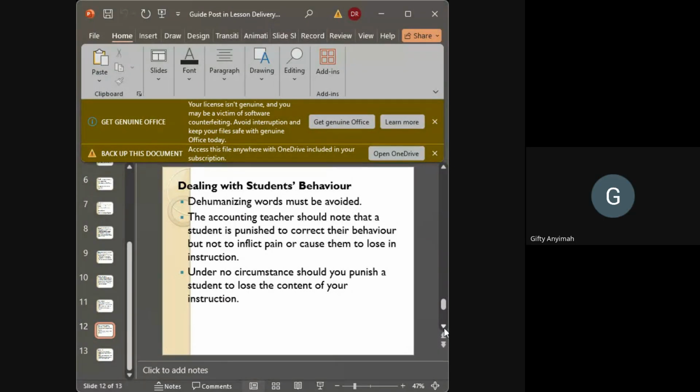What you're saying is true, but it doesn't happen like that. In my case, what I normally do, they feel shy when you call them to move along with you. So you see that the person will be tense. You do it for some minutes, then you allow the person to go and sit down.